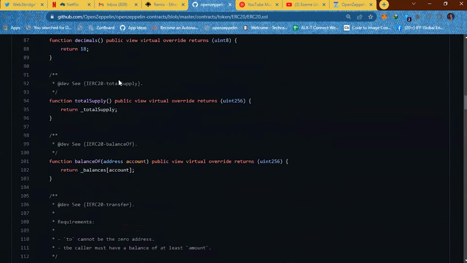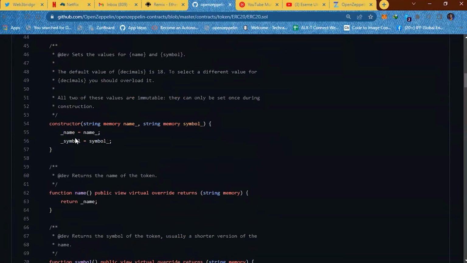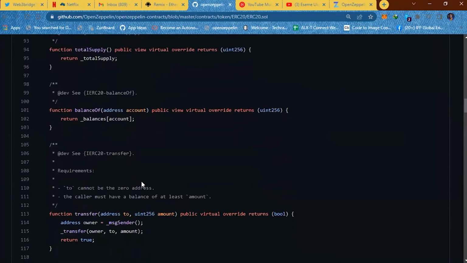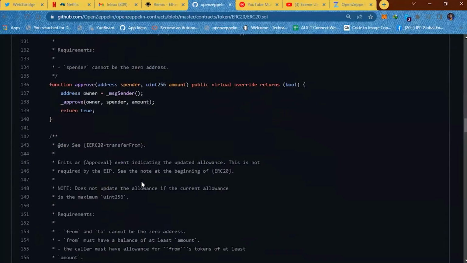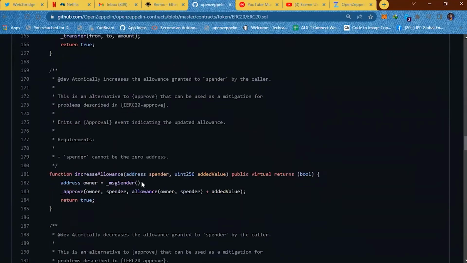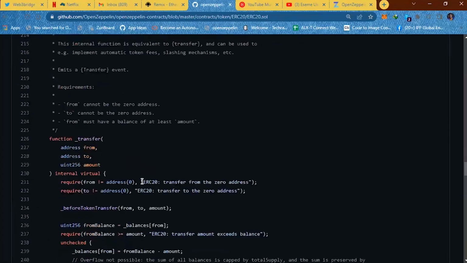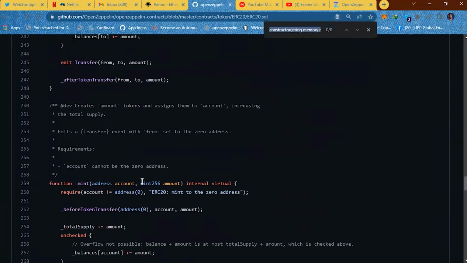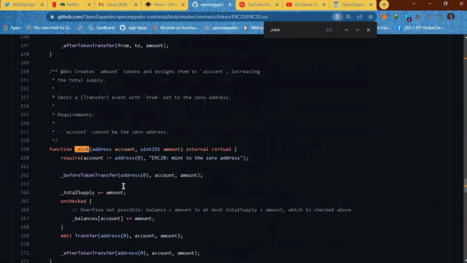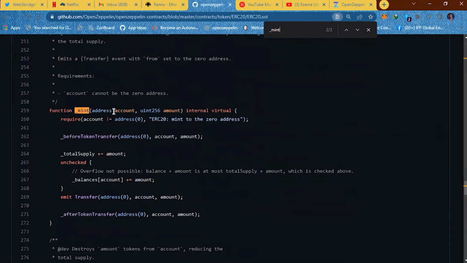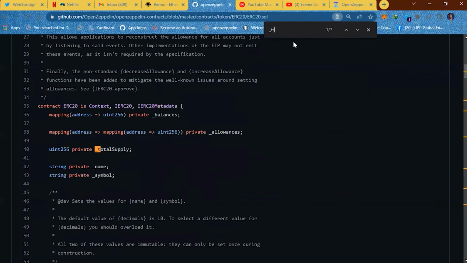Our focus of interest is on 3 major functions. We need to talk about the constructor. We also need a mint function. When we create this token called Skywalker Token, it is going to be minted. Where's mint? Yeah, so this is the mint function. The mint function has 2 parameters. It takes in the address, which is the account you want to mint to, and then the amount you want to mint. And then we're also interested in the transfer